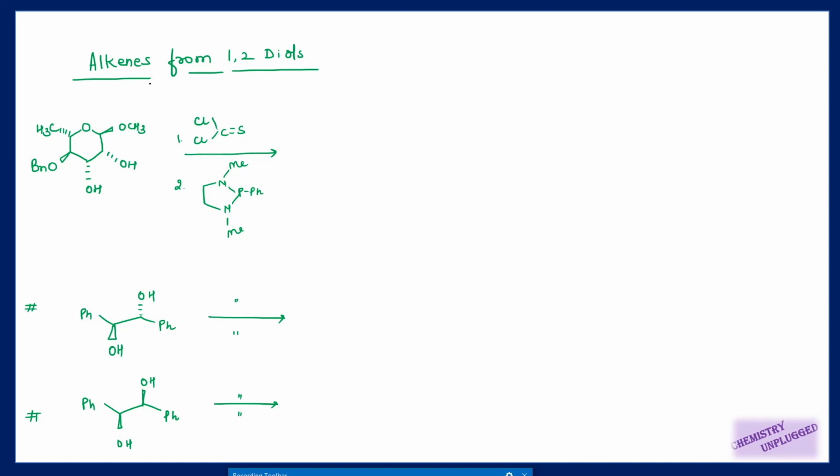So it is chapter number 2 and it's part 3. In previous chapters we took how we can generate carbon double bond carbon. This is another way to generate carbon double bond carbon, means from 1,2-diol. So in this chapter we are going to take alkenes from 1,2-diols, and the most important thing is the formation of alkenes from alkynes, right?